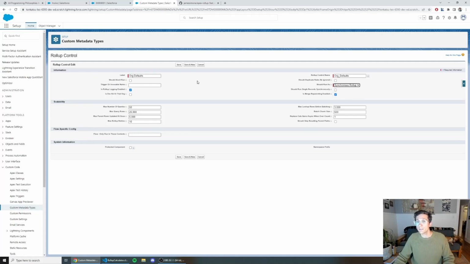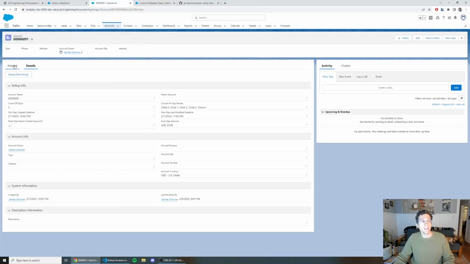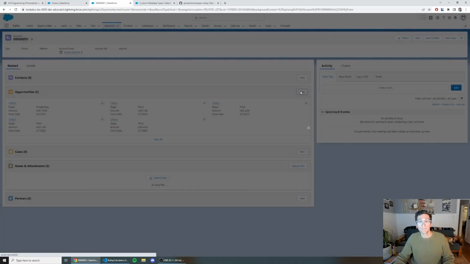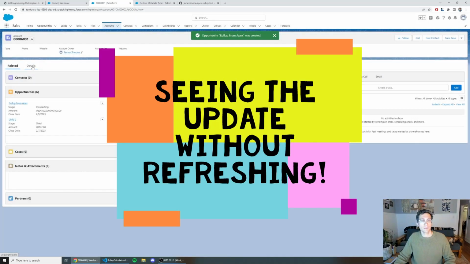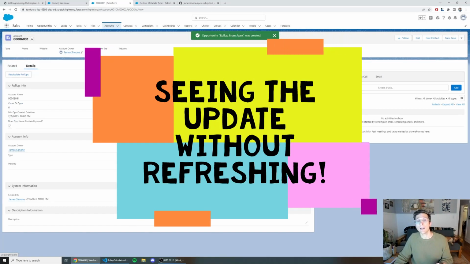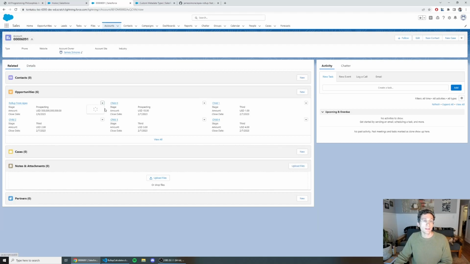If I set this to synchronous rollup and update the org default record, and I go back to the account, recreate that opportunity, some large amount again, and now immediately when I go back to the details page, you can see those updates have been made. The count has been incremented, the concatenation field has been updated, the max has been updated again, the amount has been updated. So I'll go back, delete that record,